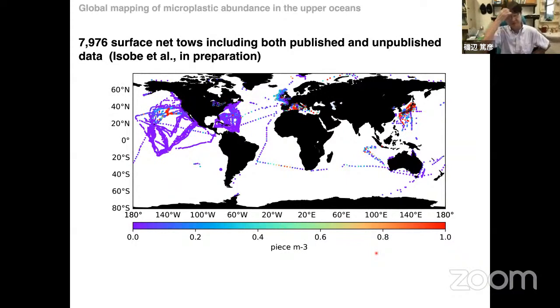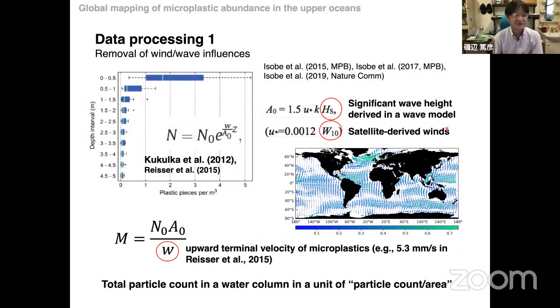Okay, this is the location of the observations, and color means the particle count observed directly by the Neuston net or Manta net. The unit is pieces per cubic meter. Dense observations are carried out around the United States, in the ocean surrounding European countries, and in the ocean around East Asia follows. But we do not have a large data set in the mid-ocean of the Atlantic, Indian, and Pacific Oceans. Thereafter, we have to process these raw data because, as you know, microplastic is mostly made